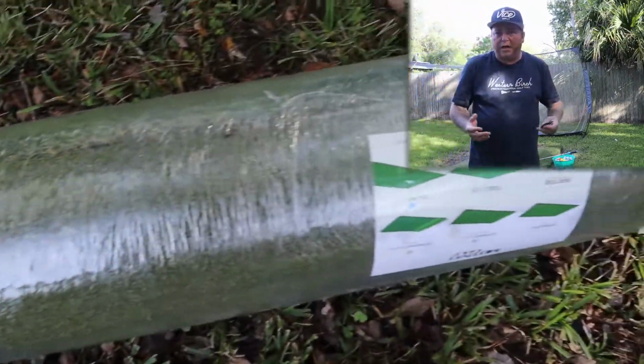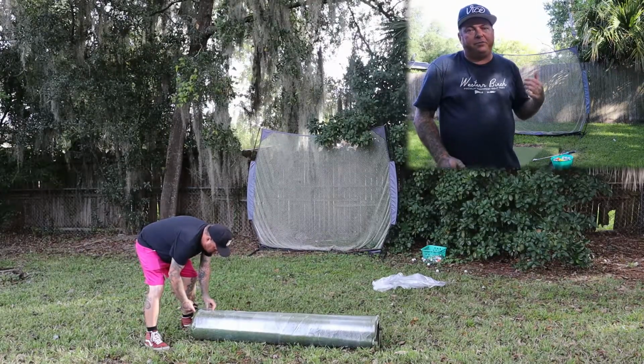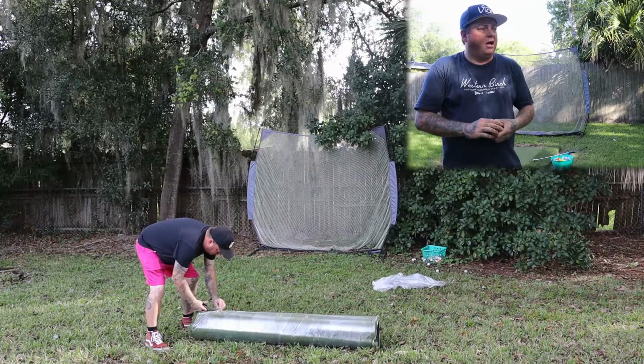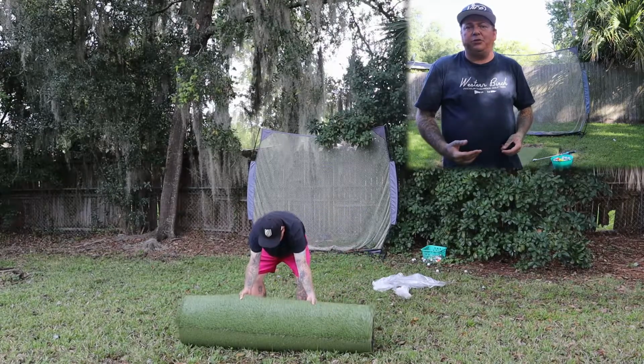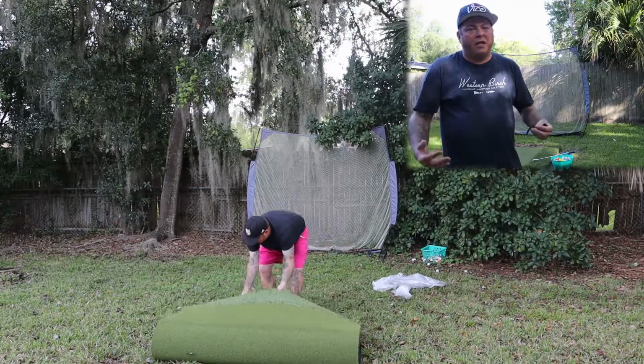Recommended by Mr. Short Game. It's a great mat, and I figured it would give me a lot of time to practice. Now, I actually got this mat back in Thanksgiving. I'm filming today on May 5th. So I've had this thing for about 6 months. I've had plenty of time to work with it, plenty of time to use it. And so now I feel like I'm ready to actually give my opinions on it now that I've spent some